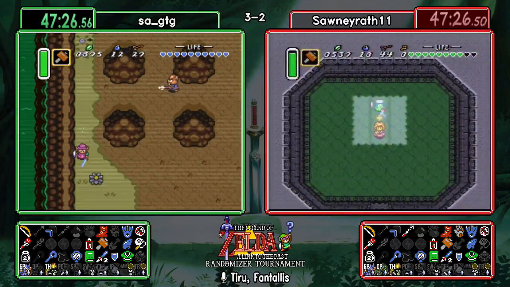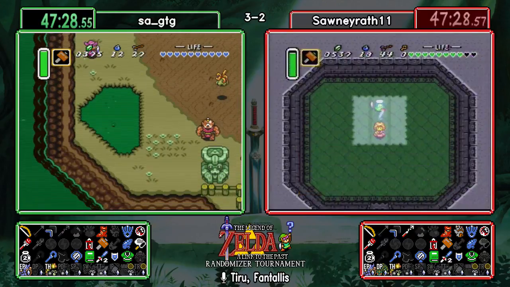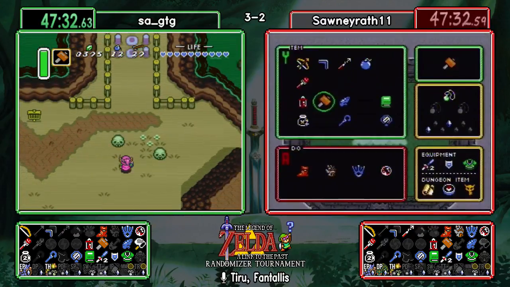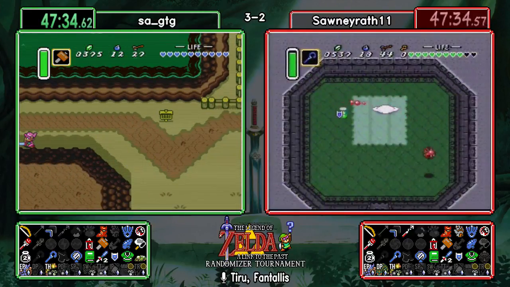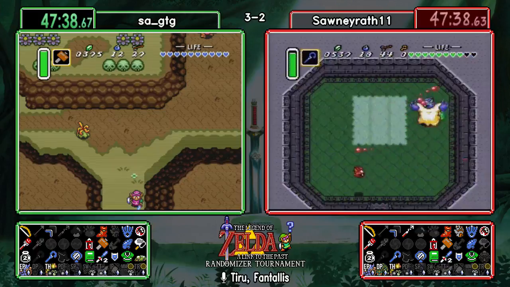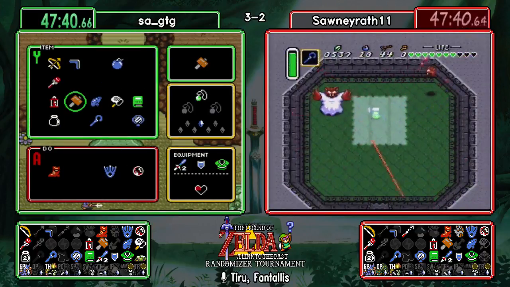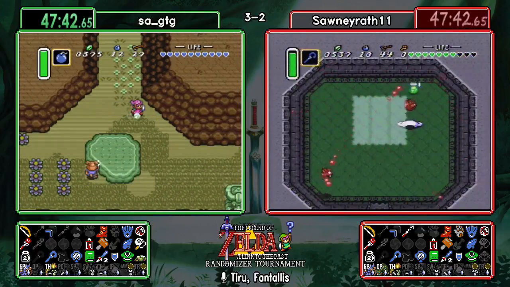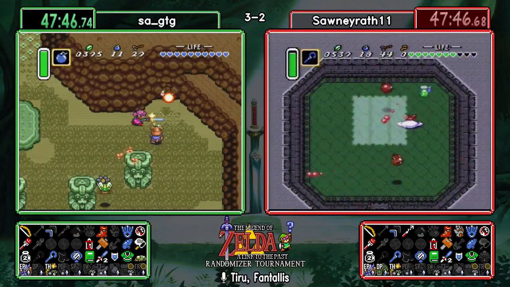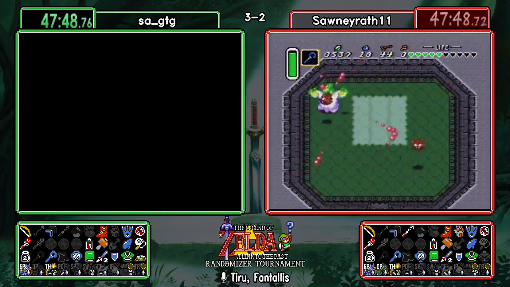So it's basically Southern Dark World or Palace of Darkness. Yeah, I think Pod's basically your big choice right now. And I have a lot of trouble with Palace of Darkness. So he's going to route in Hype Cave and sort of the Southern Dark World first. I have a problem with Palace of Darkness, which is so in the sort of